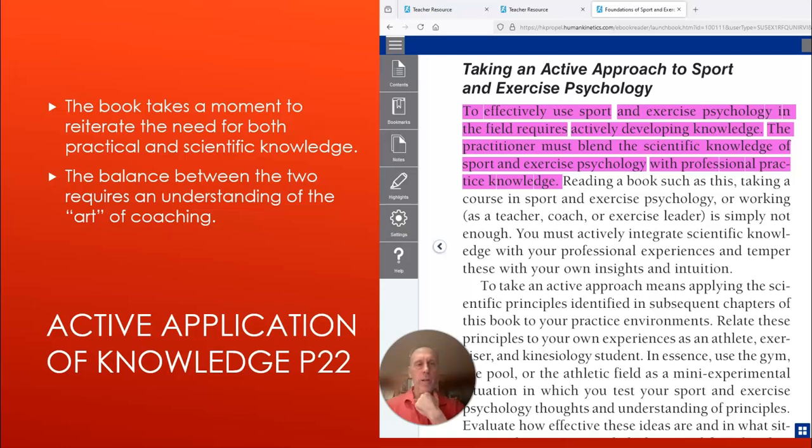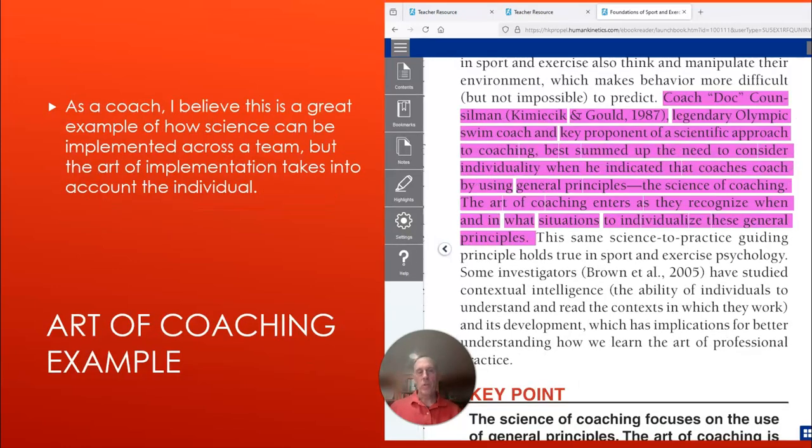Now, they do a pretty good job here, and they look at the compare and contrast of the scientific approach to sport, and the approach itself is kind of like a balance, and they start to allude to and get into the art of coaching. That's really a sweet spot that I hope all of you endeavor to get to, where you can take the scientific research, understand what is being presented to you as a practitioner from a researcher, and be able to actively apply it into your sport environment or your rehab environment with your athletes. Now, this is a great example when you talk about this gentleman who is a swim coach,